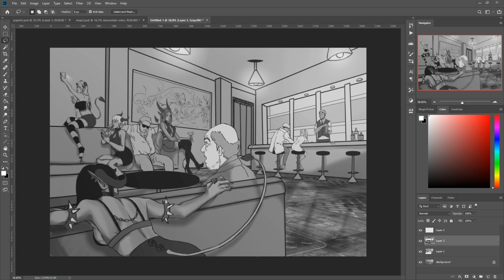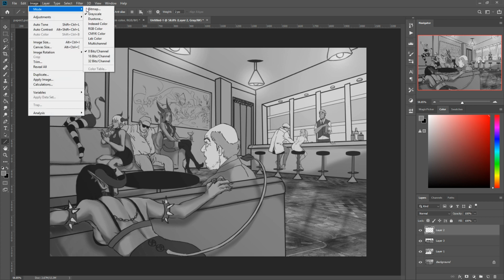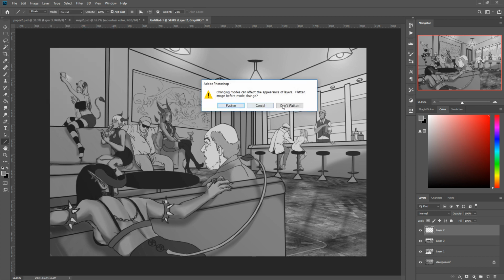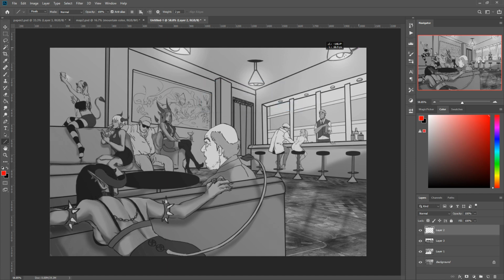There's a couple different things, and the first is that if you're drawing from a perspective point of view, and I'm just going to show you here, change this to RGB and don't flatten. Okay, so if we're looking at this, your perspective line is basically coming along here, and we're just lining up